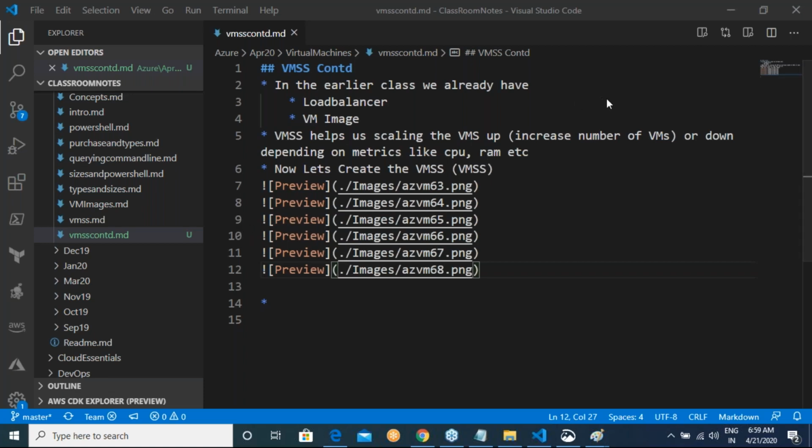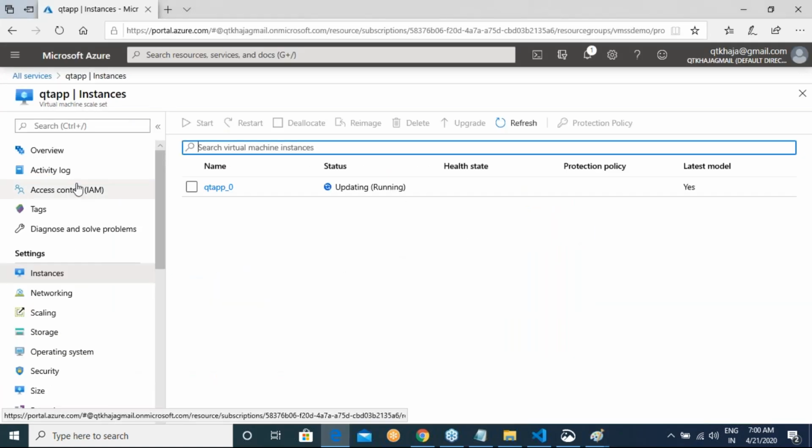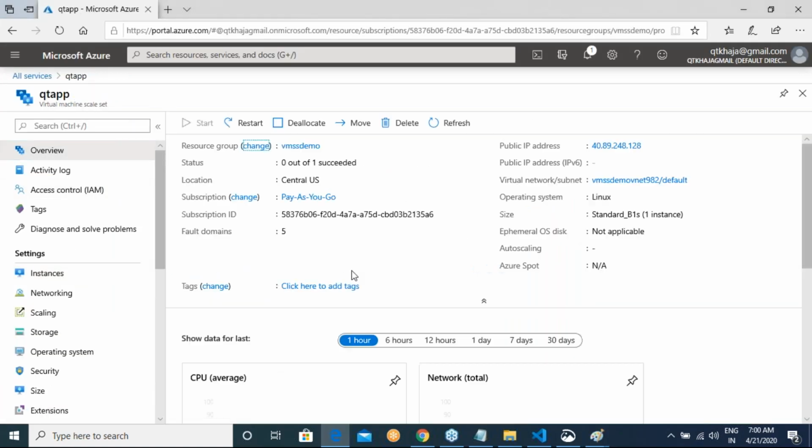Yes, Rehan. Whenever new changes are being made, that means that you will be creating a new image for the virtual machines, or you will create a new scale set with the new image and then point to the old load balancer. Okay. So once the VM scale set is created, observe the following blades. Okay. Right. So the first thing which you need to basically look out for is,